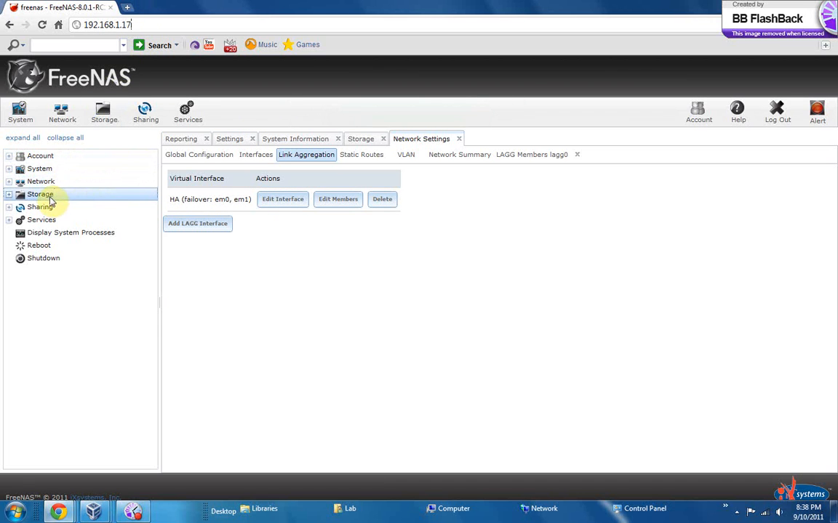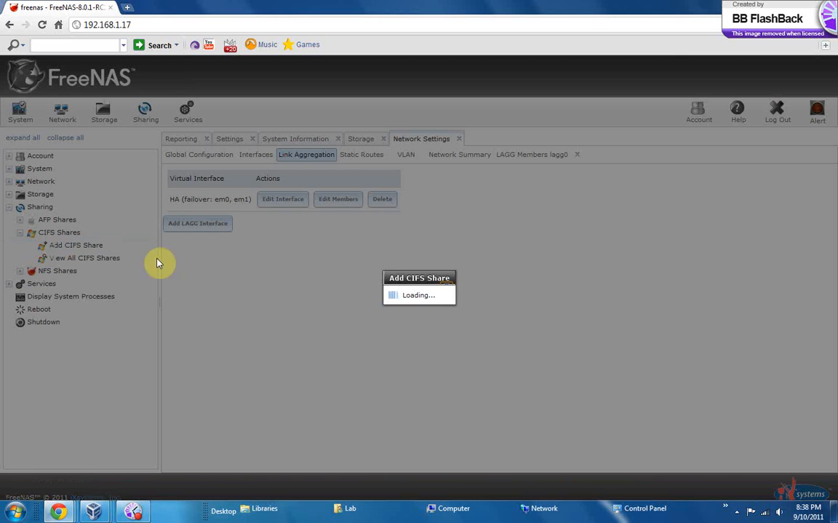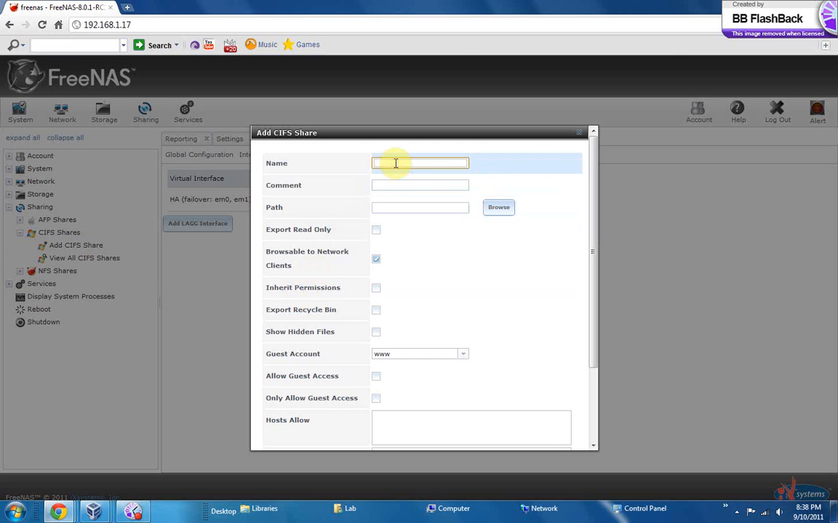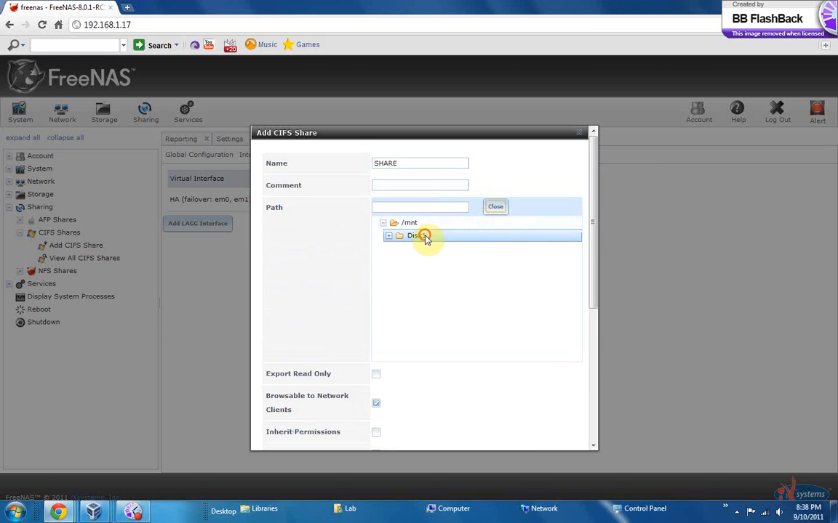Alright, so now we've got the network set up and we've got the storage mounted. So now we have to share. If you're using Windows, you have to use the CIFS share. Add CIFS share. So for the name, we're going to call it share to disk 1,